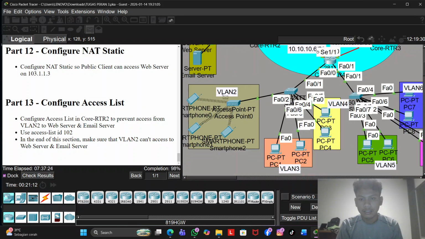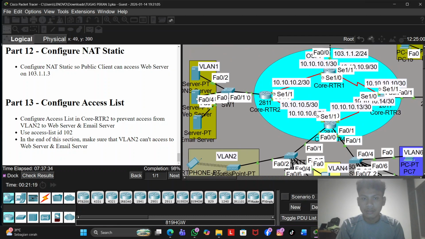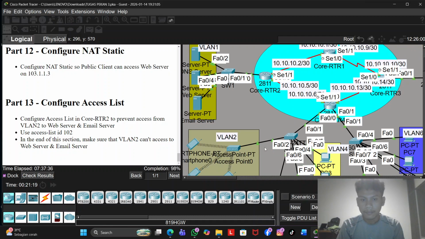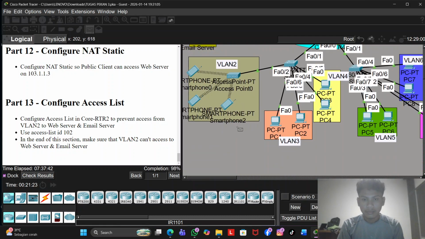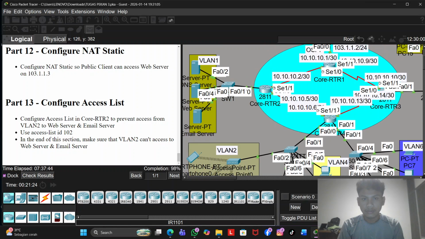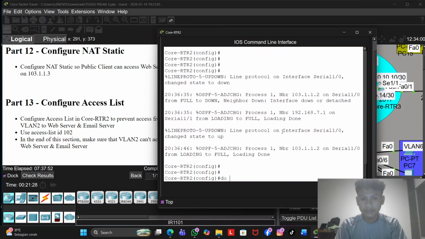First, let's check if the access list is running. So first, we have to ping from VLAN 3 to web server. It's successful, but when I ping from VLAN 2 to web server, it cannot, because I config the access list over here.